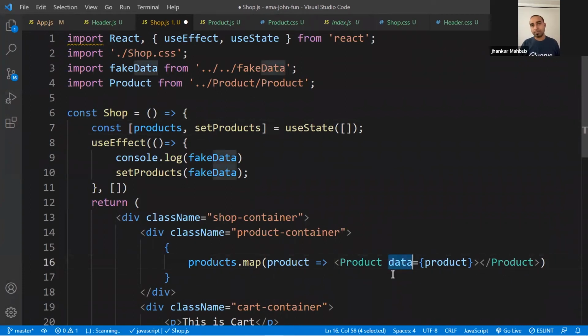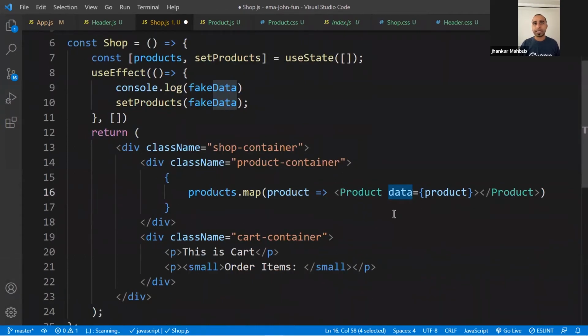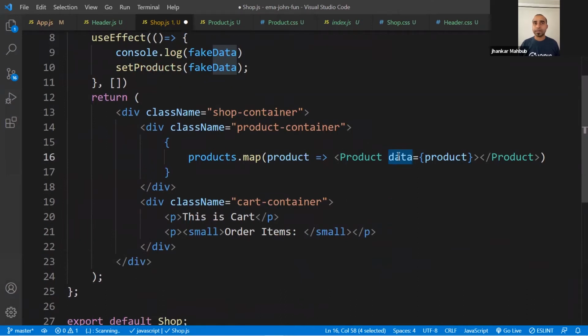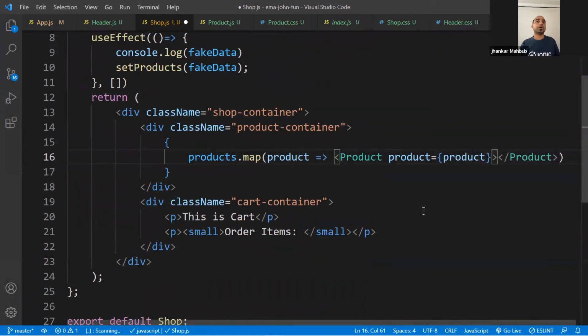So you can name it anything, and the value is the product because it's looping through each of the products. And for the name of the property, you can actually name it product too. So you are passing the product data, and the name of the props would be product as well. So you'd be reading the product props, and you will get the product data.